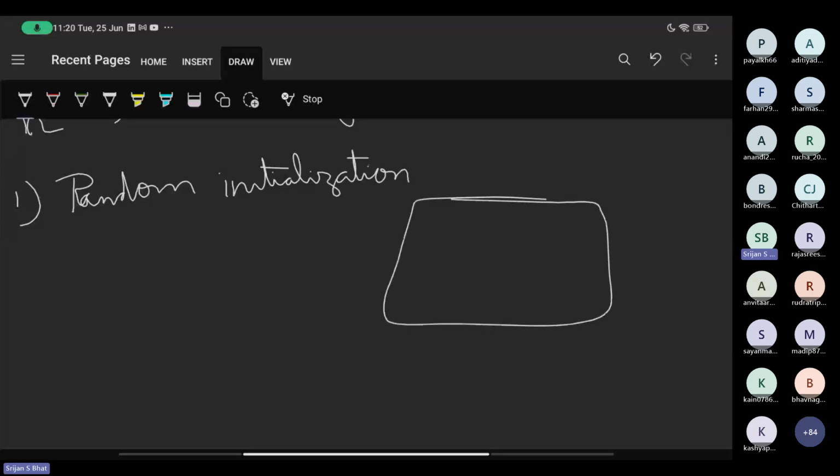You randomly initialize some agents somewhere and then calculate the fitness value, which is also the mass. So mass for each object is defined this way.